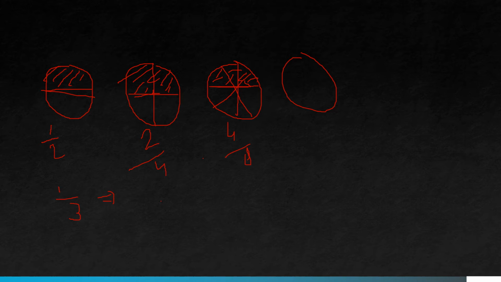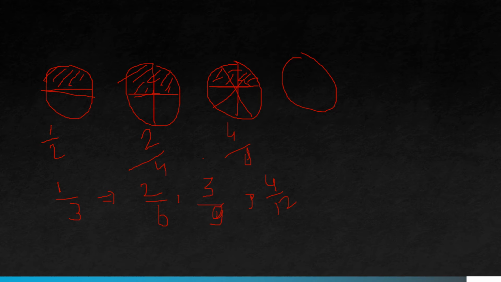So how you can do? First one is 1 by 3. Second one, you can multiply the numerator and denominator by 2. So how it will come? 2 upon 6. Next time you can multiply by 3, 3 upon 9. Right? With the same number you can multiply the numerator and denominator. Next time you can multiply by 4. 4 into 1, 4 into 3. Next equivalent fraction will be 4 upon 12. This is how you can write any number of equivalent fractions. Okay, you got my point.